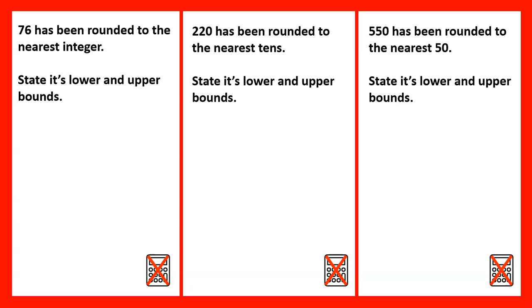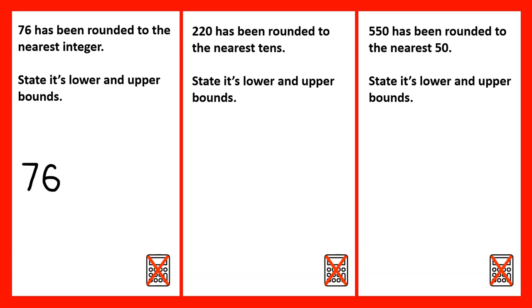Here are the beginner questions, some of the easiest questions that you're likely to find on this topic. 76 has been rounded to the nearest integer. State its lower and upper bounds. When a value is rounded, it could represent any number within a range. The upper bound is the biggest actual value the number can be and still be rounded down to give the